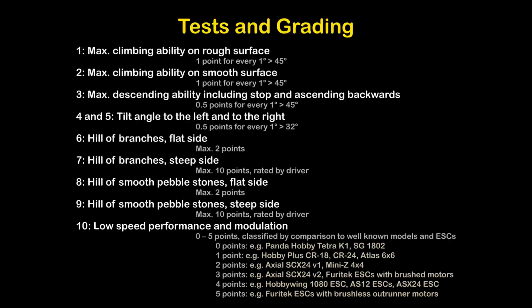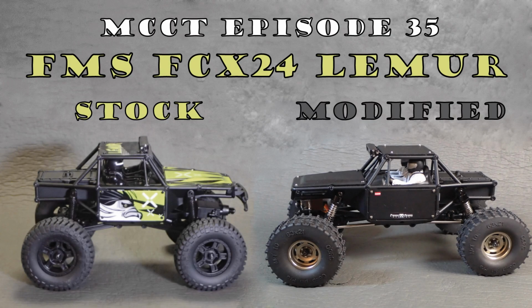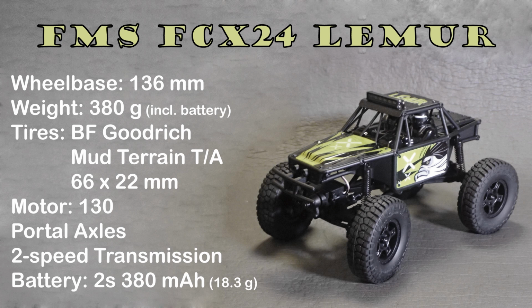Now let's start and present this episode's test trucks. In MCCT episode 35, we will test the FMS FCX24 Lemur. We will test the Lemur in stock form and in upgraded and modified form. The FCX24 Lemur has a wheelbase of 136 mm and a weight of 380 grams. It runs on BF Goodrich mud terrain TA tires with 66 by 22 mm. It has a 130 motor, portal axles and a 2-speed transmission, and it has a 2S 380 mAh LiPo with